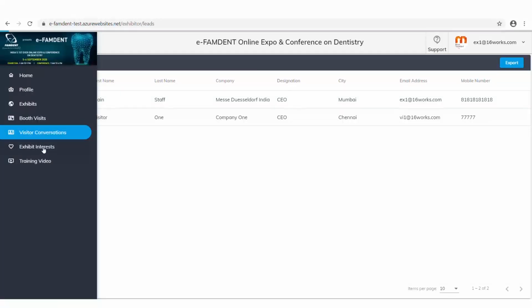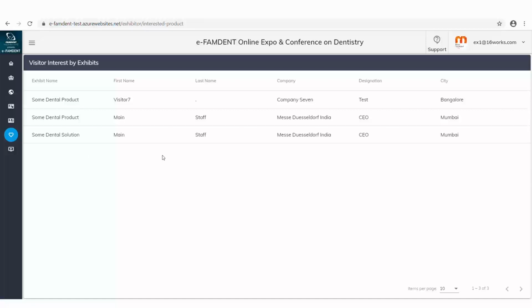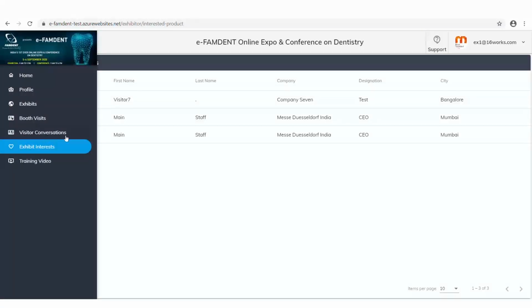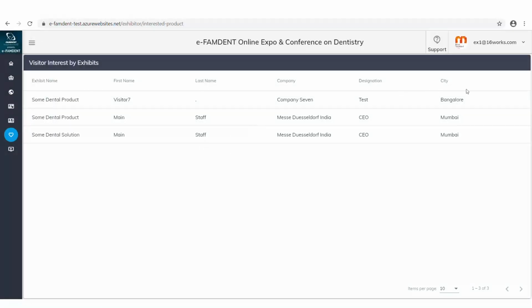Similarly, we have another report which will give you an idea of who is interested or who has shown interest in any of your exhibits. This will also help you get an idea of whom you should contact for the further sales process. We will also have an export button here for you to export this data. There are a few more export buttons that we will keep adding for you, and those will be available as part of the training videos